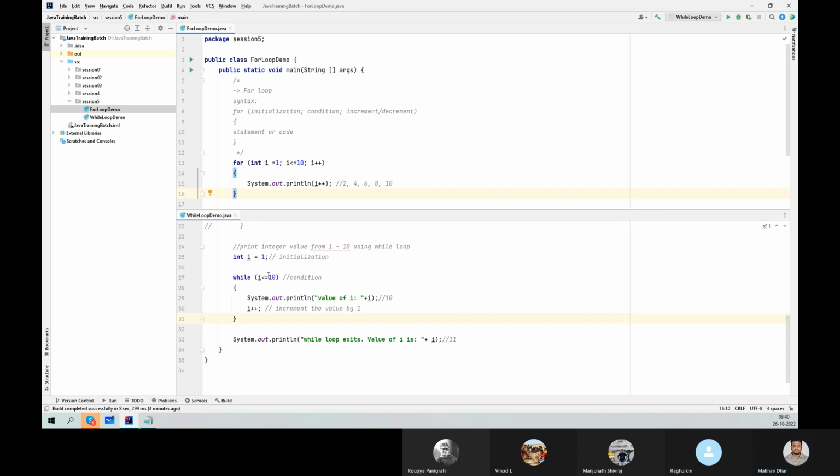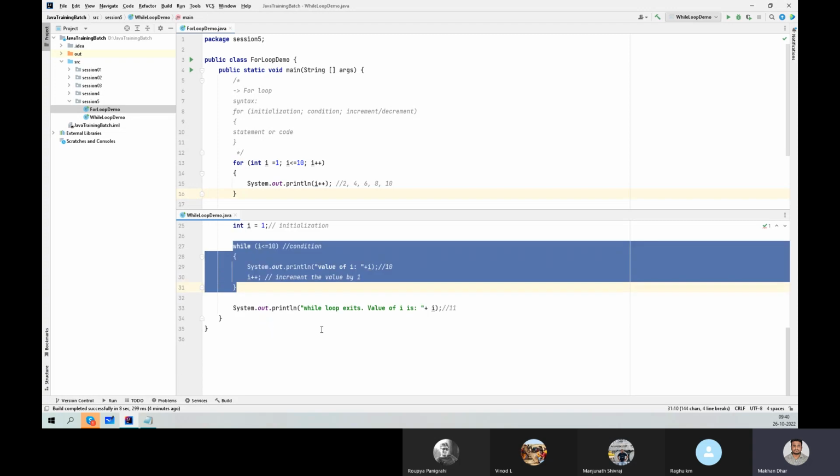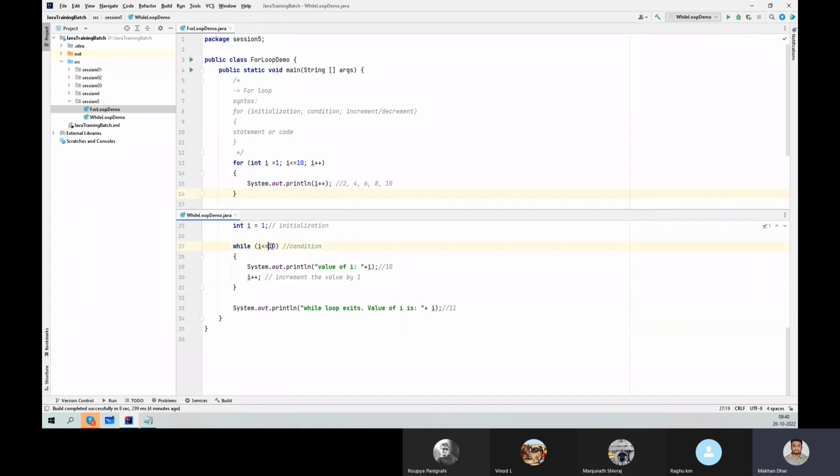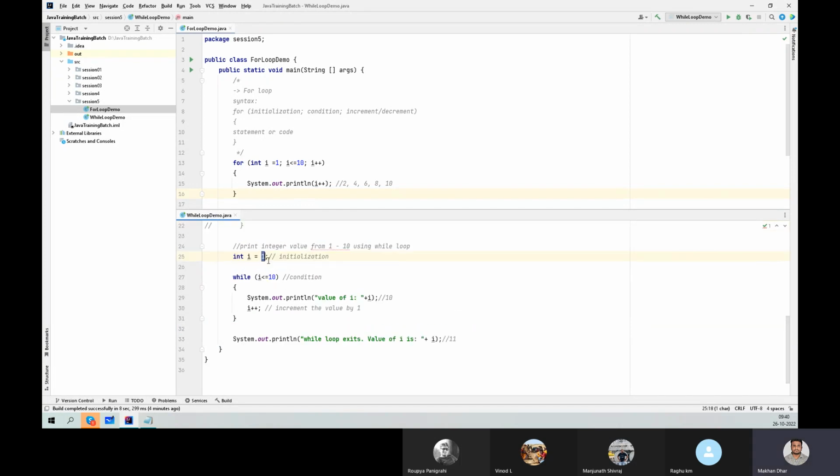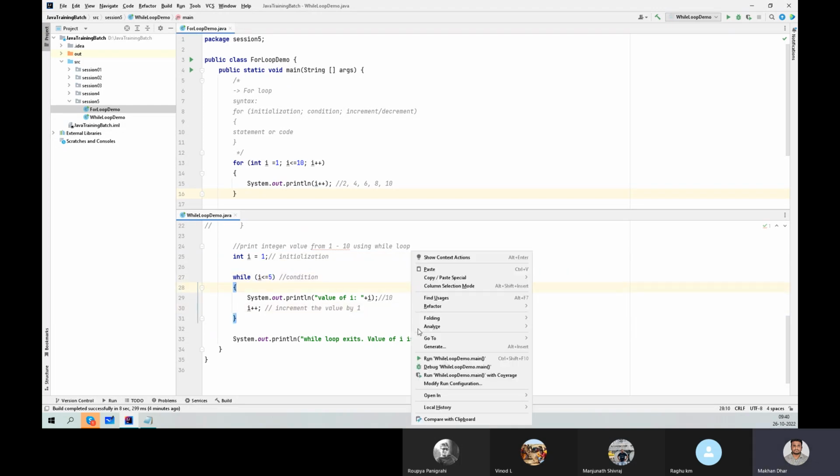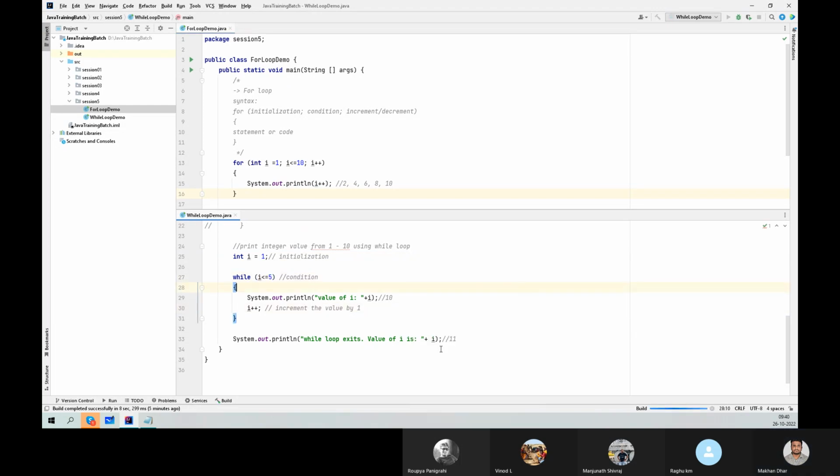If the condition is false, it will stop, otherwise it will keep checking. Now suppose here I'm putting 1, and here I'm saying just 5. If I run this program,